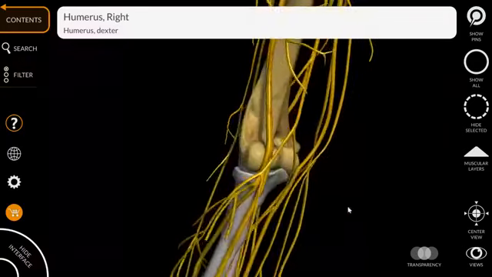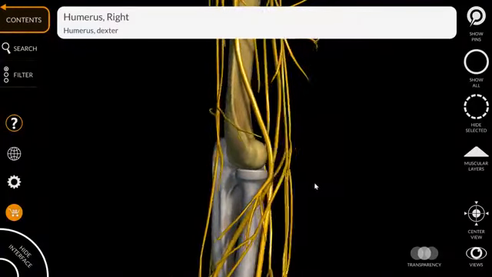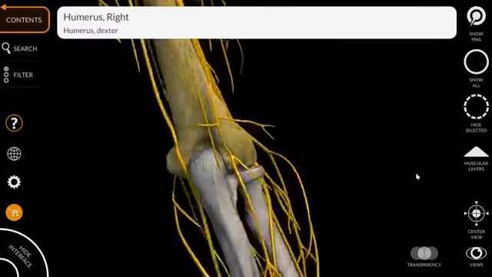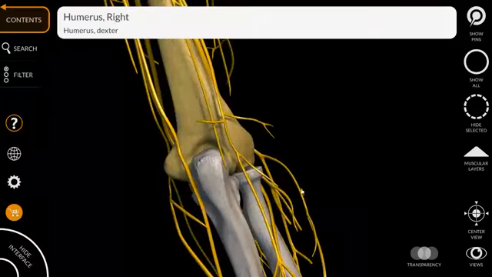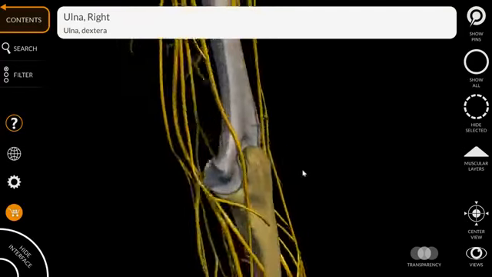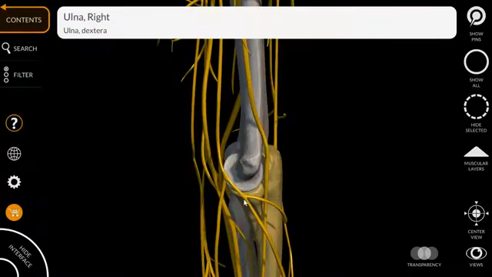And I'm turning it laterally to show you the articulation of the elbow joint. You can see it from posteriorly, the olecranon of the ulna. And this is the elbow joint from the medial aspect.